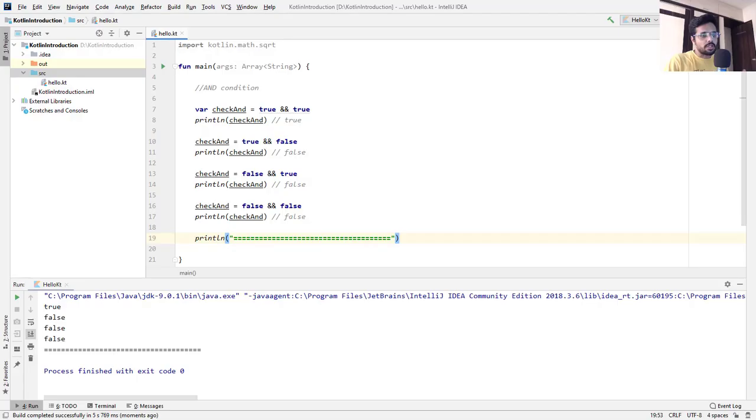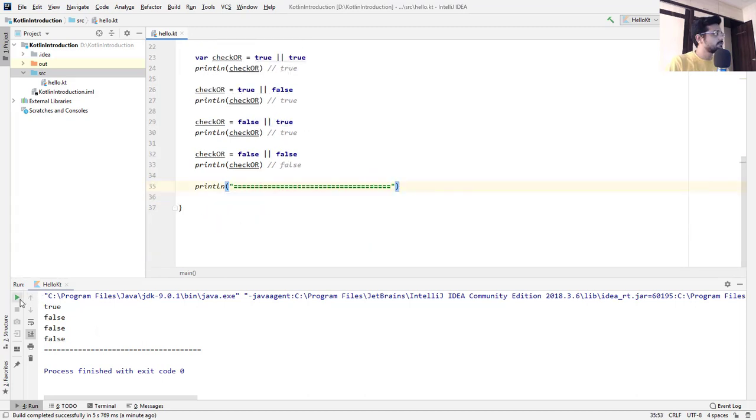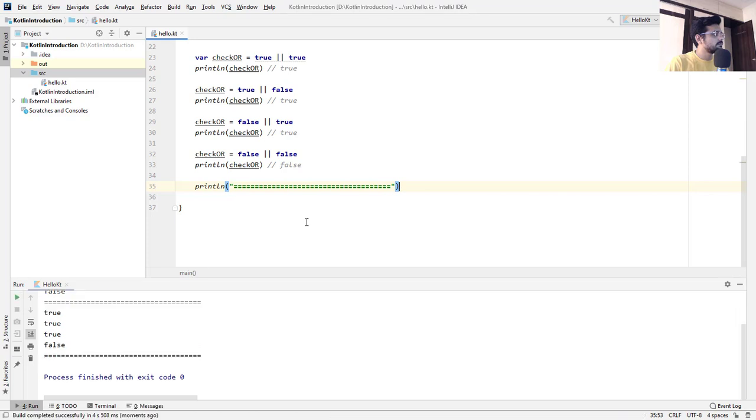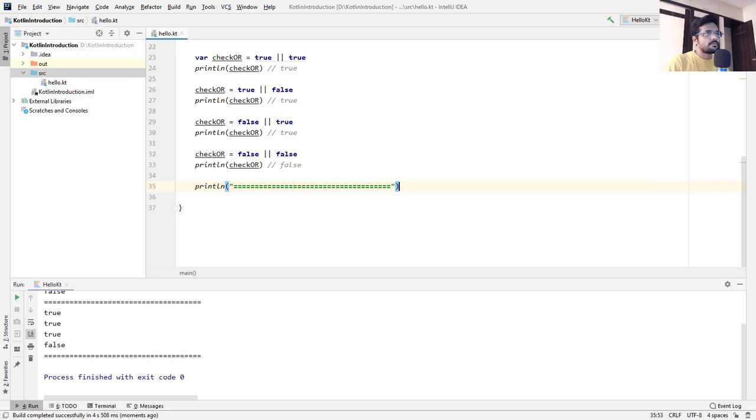Second, we check the OR condition. Third, we check the NOT condition.